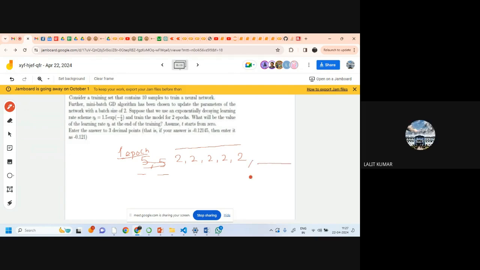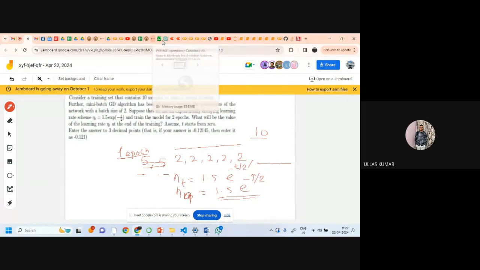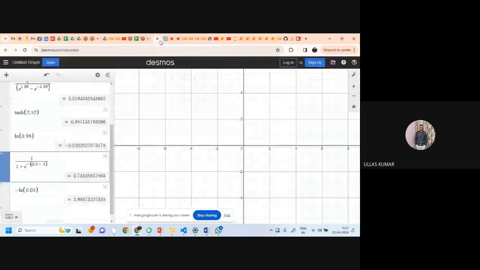टोटल नंबर ऑफ अपडेट्स इज इक्वल टू 10। यूज एन एक्सपोनेंशियली डिकेइंग लर्निंग रेट, t इज इक्वल टू 1.5 एक्सपोनेंशियल e टू पावर माइनस t by 2। तो 2 इपॉक्स में हमारे अपडेट्स कितने हो गए? 10 हो गए। तो हमें 0 से स्टार्ट करना है t की वैल्यू, तो 9 आएगी t की वैल्यू बेसिकली। लेकिन यहाँ पे जो आपकी वैल्यू आएगी वो क्या आएगी? 9/2 या 10/2? 9/2। हाँ, तो इसका जरा निकालना प्लीज। 0.016 आएगा।